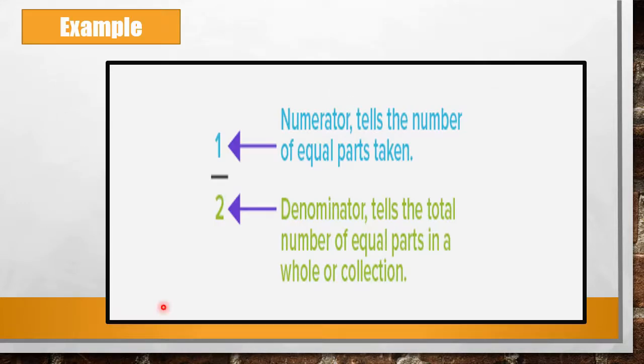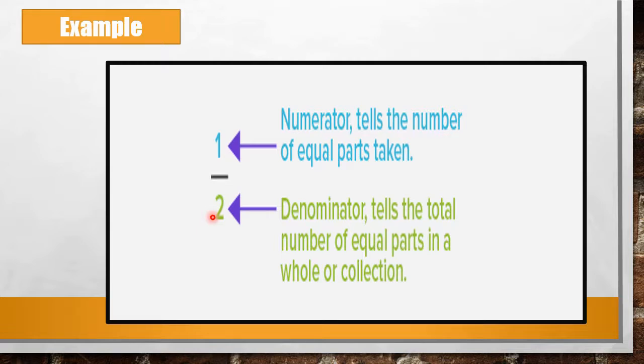Let's see an example. Here 1/2 is given. So a fraction has two parts. The number on the top of the line is called the numerator. It tells how many equal parts of the whole or a collection are taken. The number below the line is called the denominator. It shows the total number of